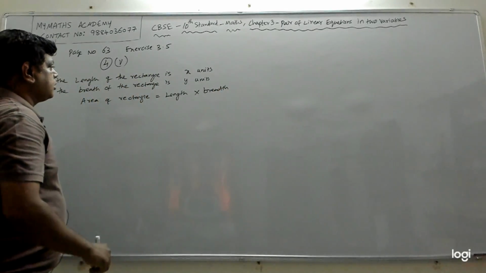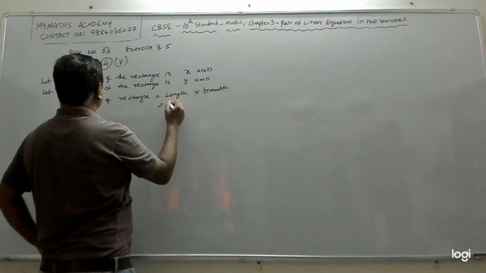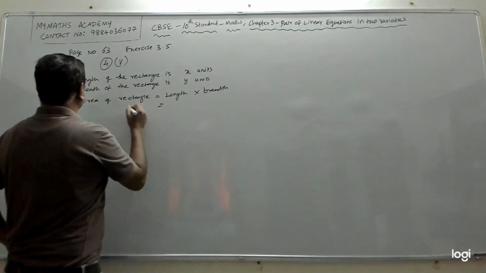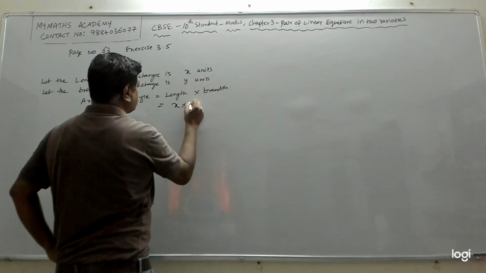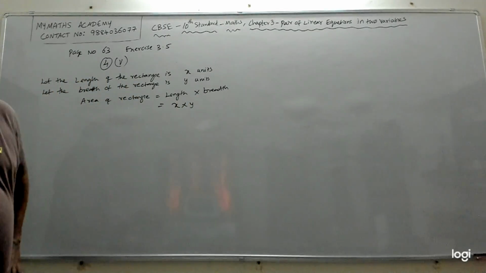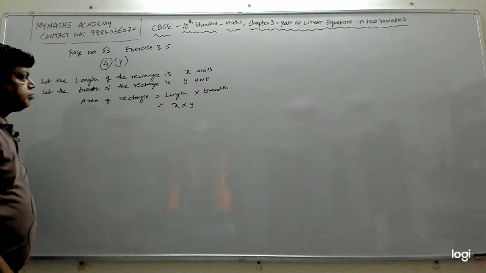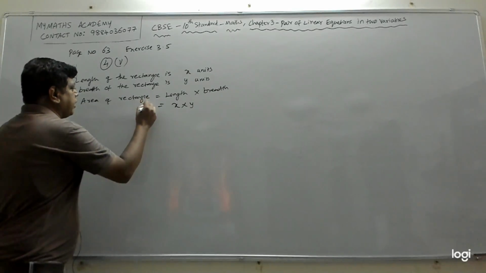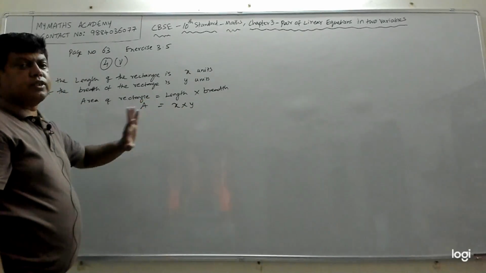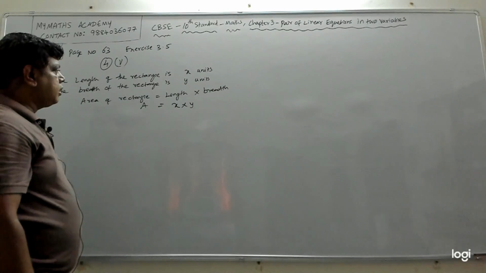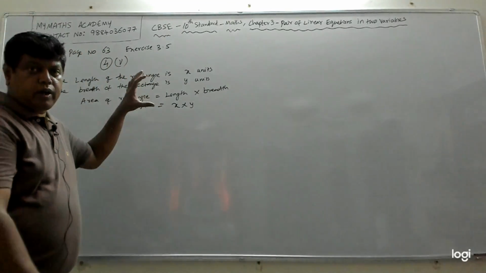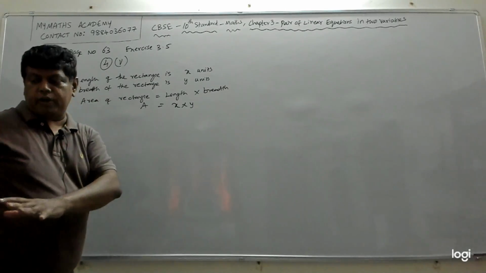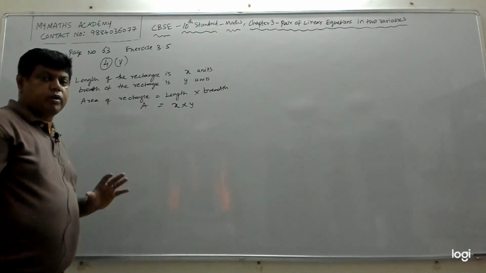So what is the length of the rectangle? Length of the rectangle is x, breadth of the rectangle is y. So this is your area A. A is x into y. A is the area of the rectangle. Now let's read the question. What is given in the question? So these you can write without even reading the given information in the question,